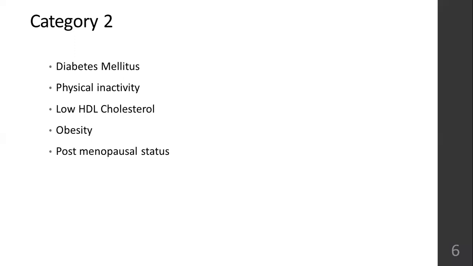And then low HDL cholesterol. If all the other parameters are normal, if you have low LDL and low triglyceride, but your HDL is also low, that can also point you towards cardiovascular diseases. When your total cholesterol is low, your LDL is low, triglyceride is low, but HDL, which is supposed to be high, is also low, that is also an indicator of a risk of developing cardiovascular diseases.